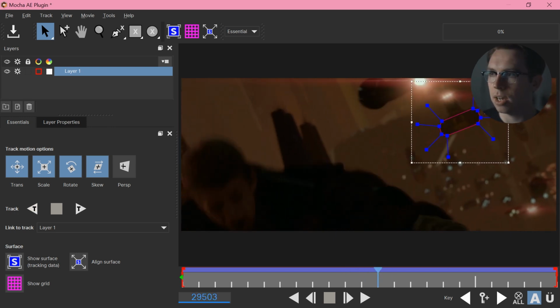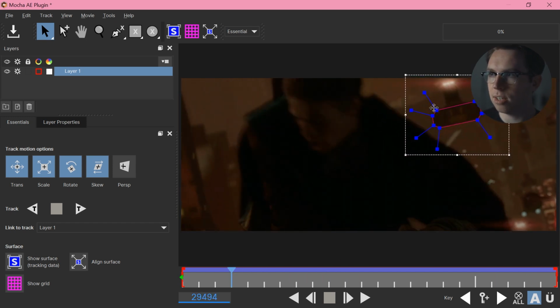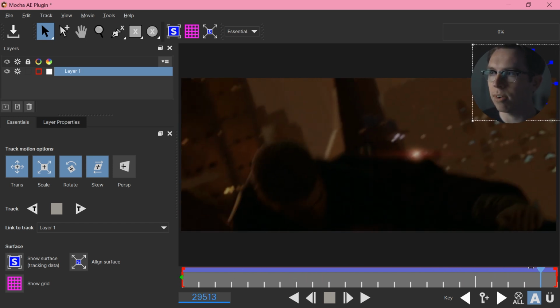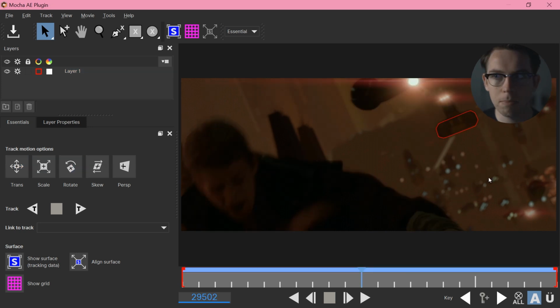So I'm just drawing a mask around that ship, tracking it forwards, tracking it backwards, and we can see that it is warping around a little bit, but I'm not too worried. That's close enough. The only thing I'm adding here is the lightsaber, and I'm going to have to do manual positioning of that anyway, so if it's wiggling around a bit, I'm not too worried. But definitely, if I was adding any more than just the lightsaber into this shot, I would be in trouble.